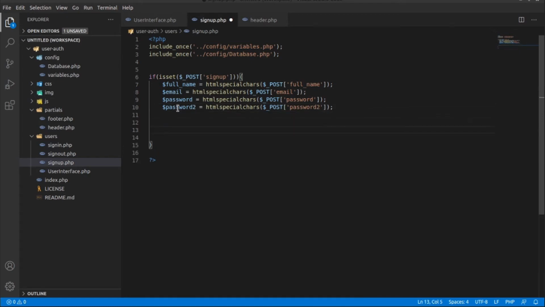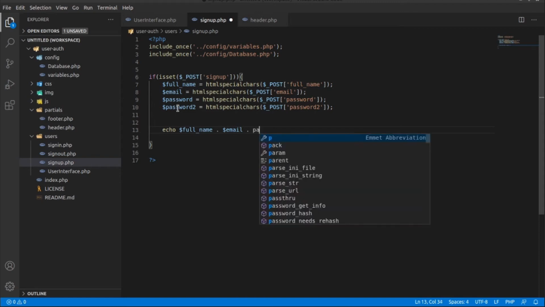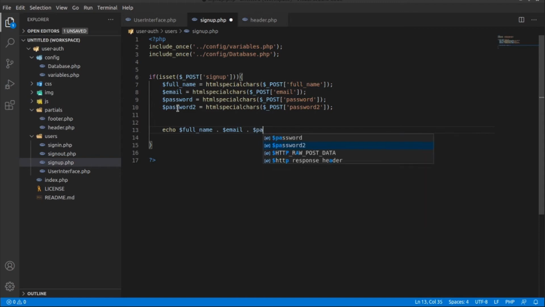Okay, let's echo them. Echo full name, dot means the concatenation, email dot password dot password 2. Okay, save it, open your browser.